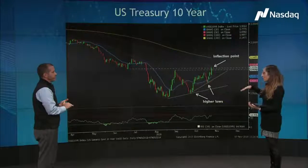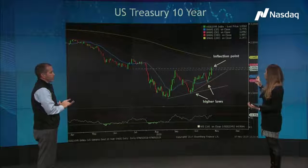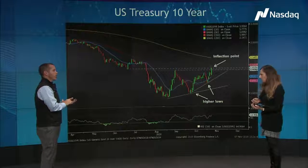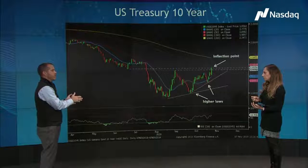Now, is this where the curve is tied to, now that it's normalized again? Is this why we're seeing a little bit more normal action in the yields? Absolutely. So we put this out in our October monthly report. The yield curve, the short end is now anchored. The Fed cut rates for a third time a week or two ago, and they made it pretty clear that